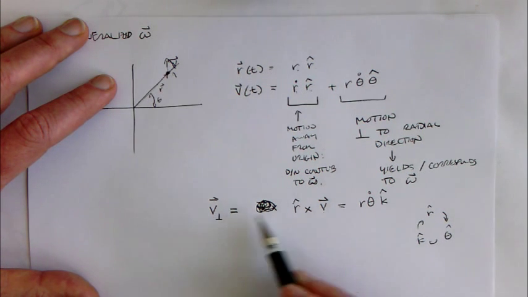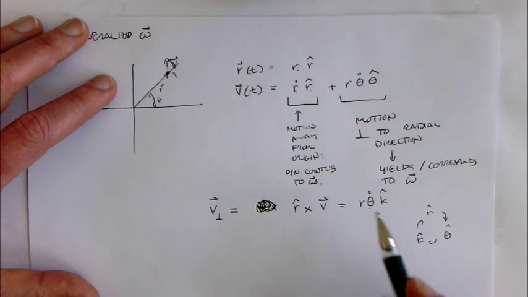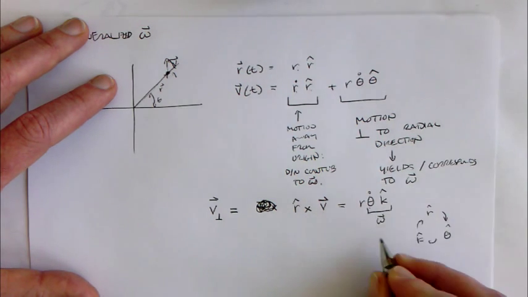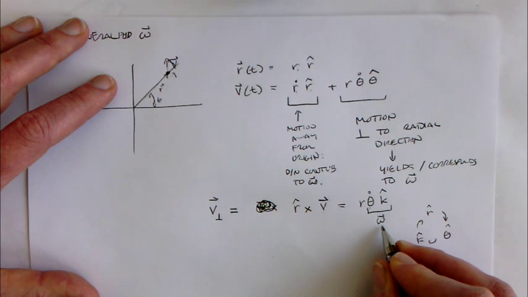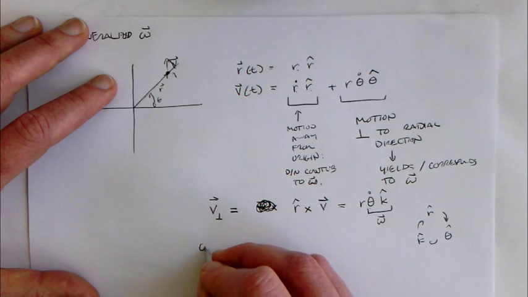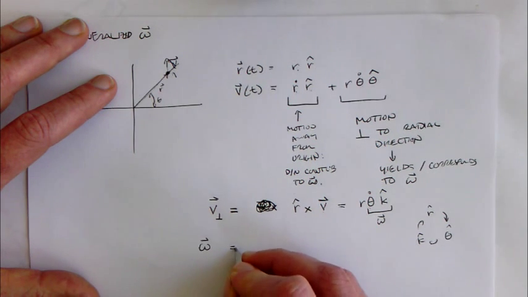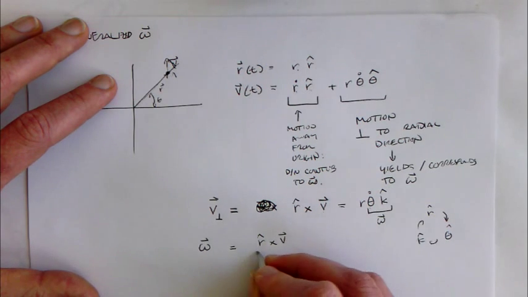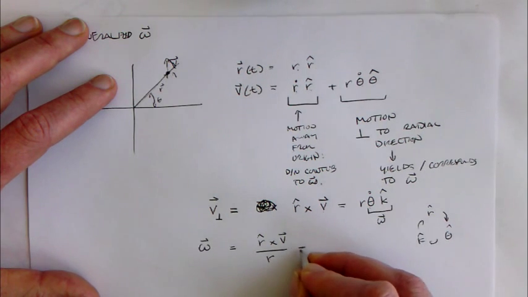Now, relating this to the angular velocity, I can see I've actually got the angular velocity in here. That is omega for this particular case: theta dot times k hat. So I could rearrange things and say omega is equal to r hat cross v divided by the magnitude of r,